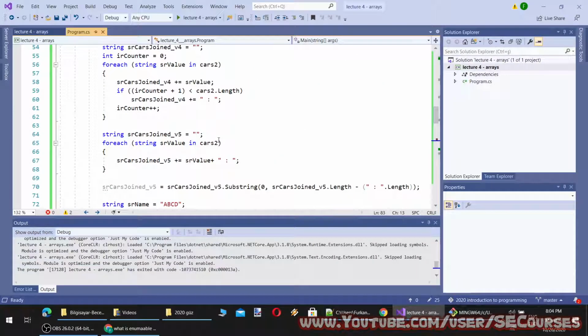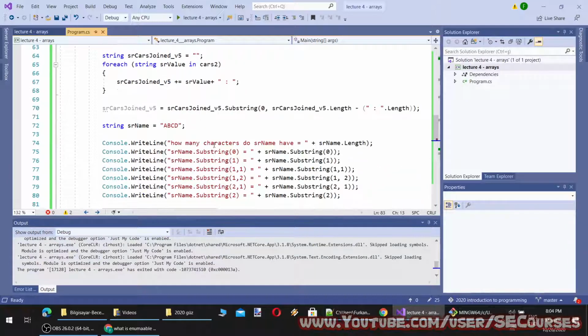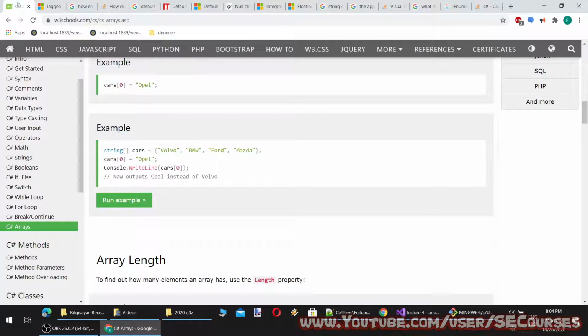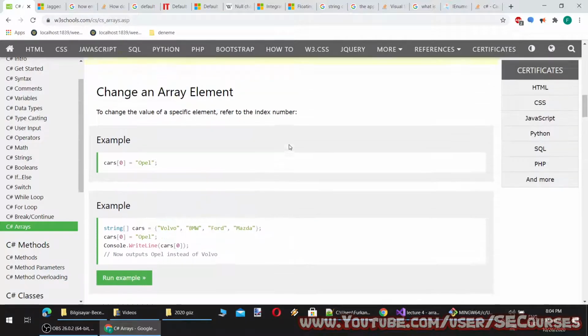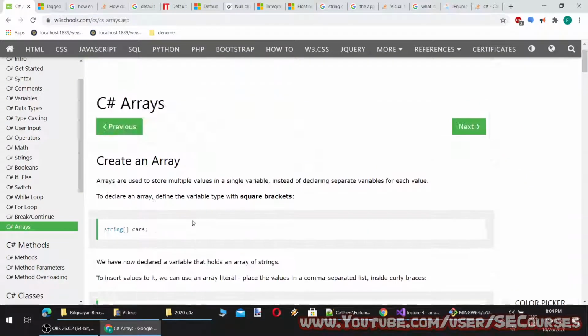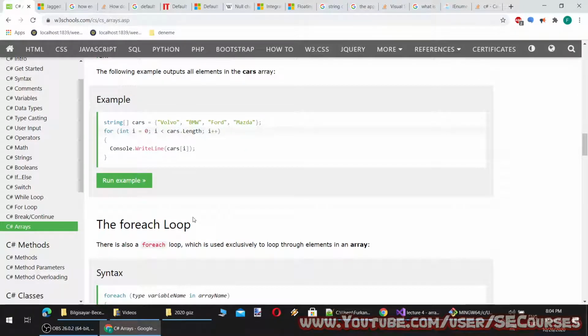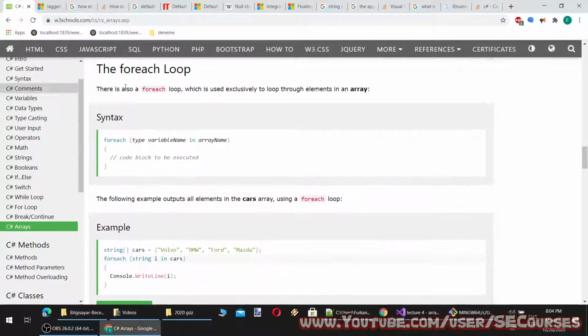Okay, so let's continue. We have seen arrays, accessing arrays, defining arrays, the foreach loop.